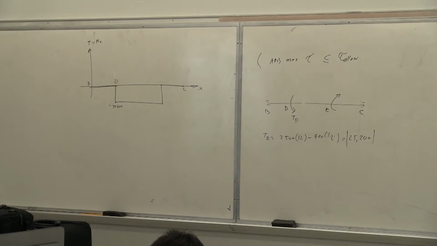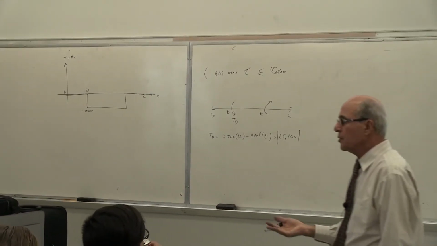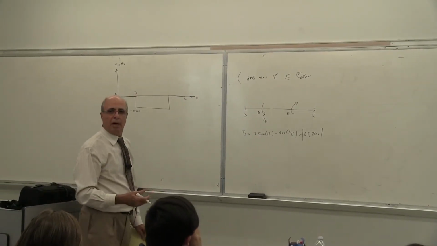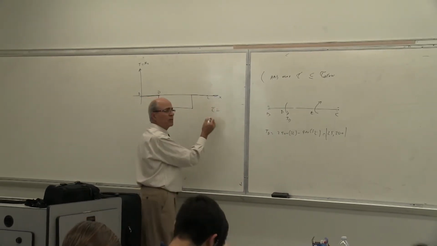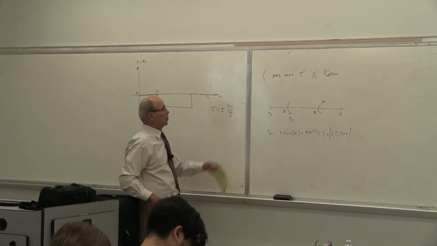Now, what's the resulting stress from that? First of all, torque is constant. This part of the shaft is safe, this part of it is safe. You have to design it for that point. Let's take point A, for example. At point A, the torque is constant, yes or no? What kind of stress do we have due to this torque? This is something everybody should answer. Tau equals what? TC over J, either plus or minus. So as the result of this torque diagram, you get this stress, which is plus or minus TC over J.